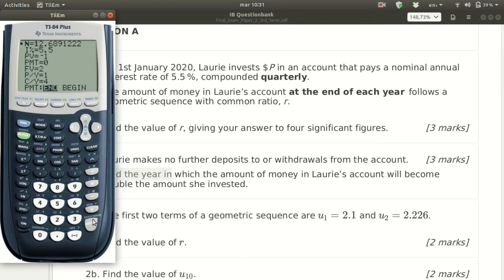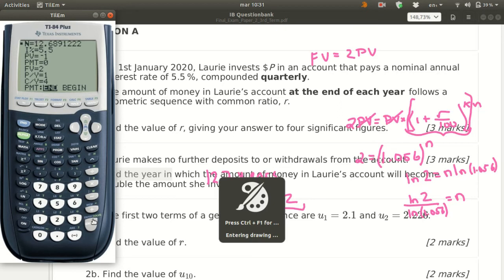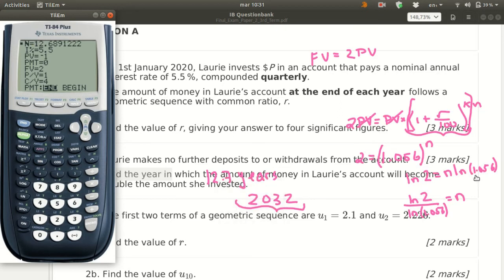All right, so it's not exactly the same because obviously when I did the calculation here, I used 1.056, which is an approximation. That number is rounded, but the calculator did it with all the decimals. So that's why we get a little bit of a different answer. But notice that it's basically the same, 12.6. If I round it, I would get 12.7, right? So the final answer is still 2032. So these are the two methods that you can use to solve